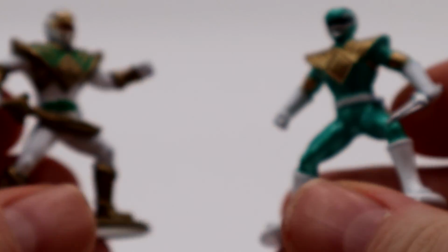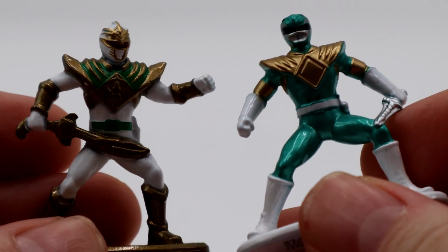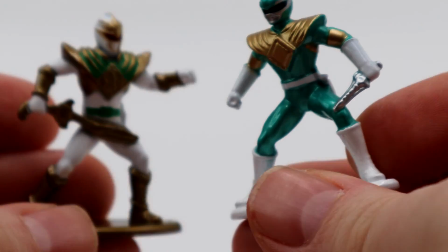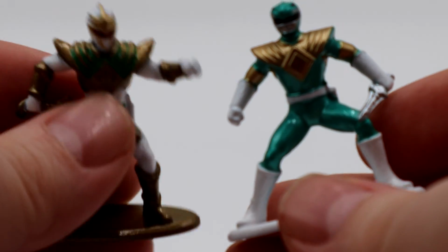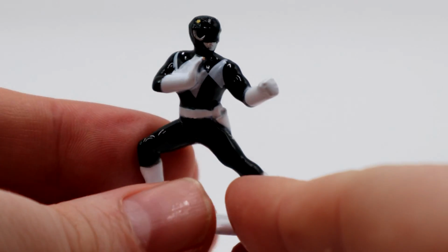Let's do 2 at a time if I can swing that. But these would make good board game figures or D&D campaign figures or whatever. I personally, really honestly got them because I've mentioned in previous reviews that I really like those little